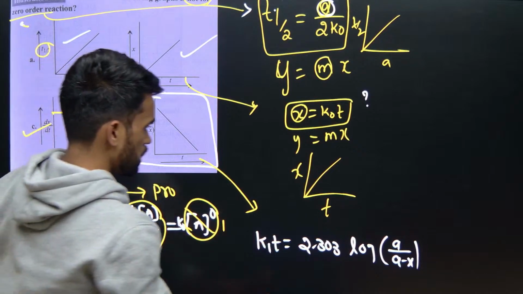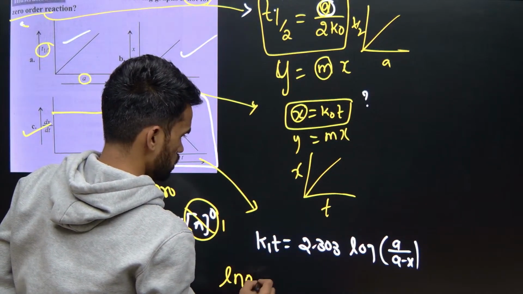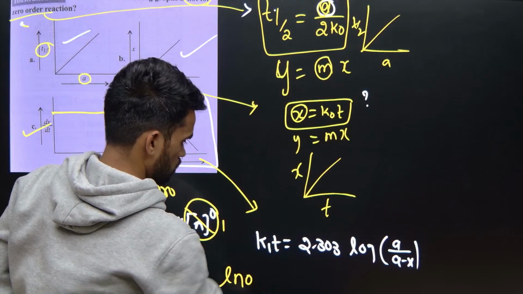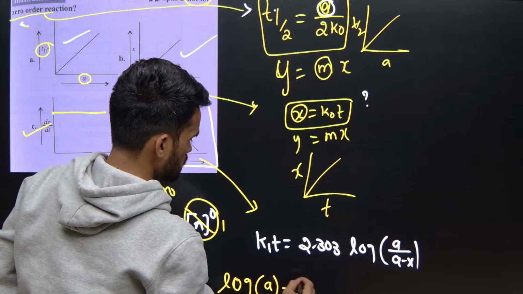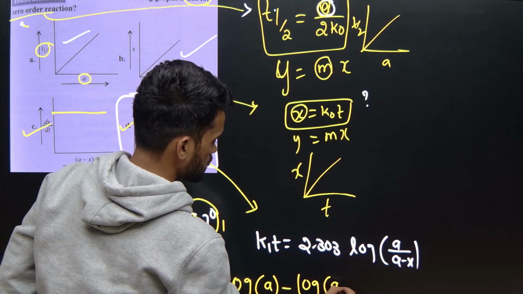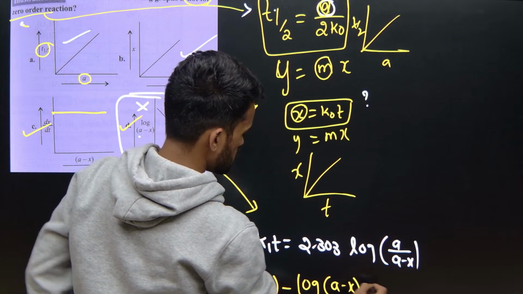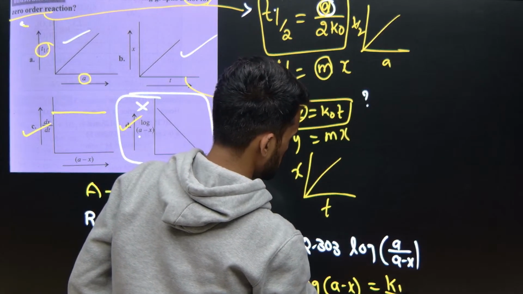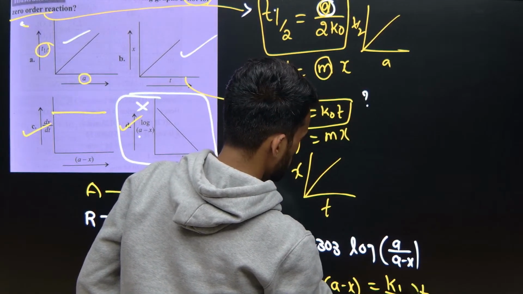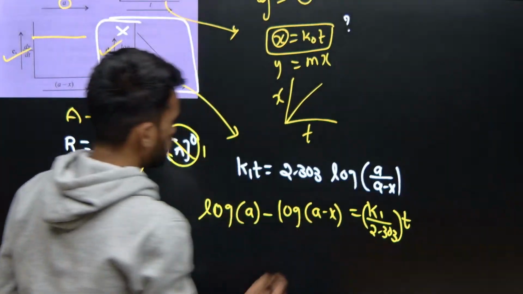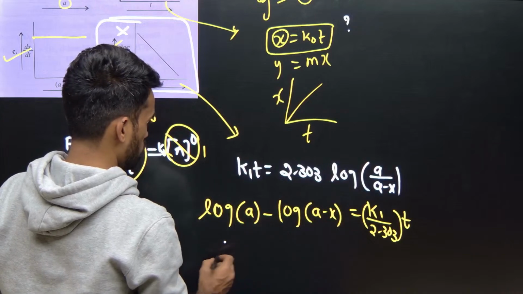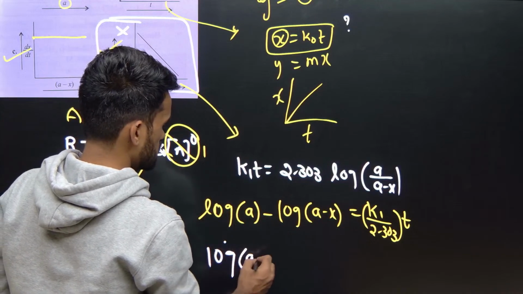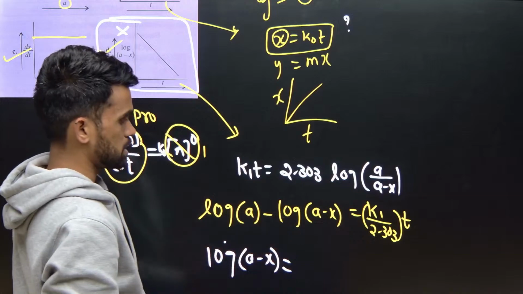So you can write log A minus log A minus x equals K1 by 2.303 t. You can write it in this format. Now they are saying log A minus x versus t, which is what we require. So log A minus x equals, just bring this side, send that side,